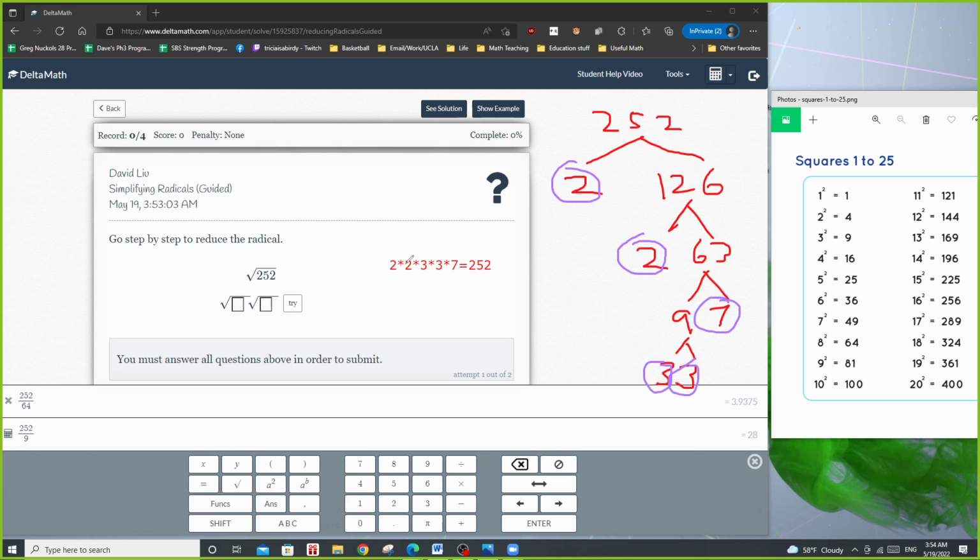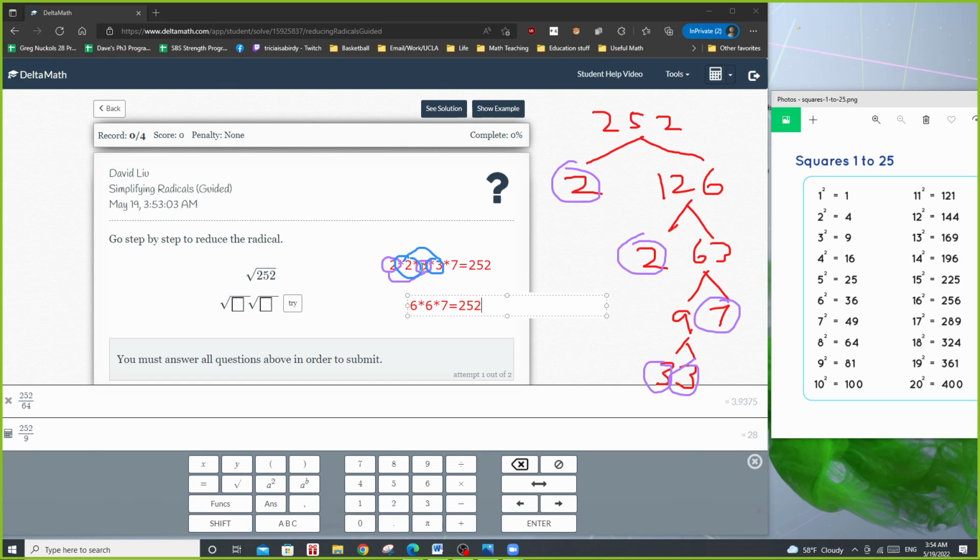Since the 2 and the 3 repeat twice each, we can pair them up. So let's pair this one with this one, and this one with this one. Each of them becomes 6, so it says 6 times 6 times 7 equals 252,